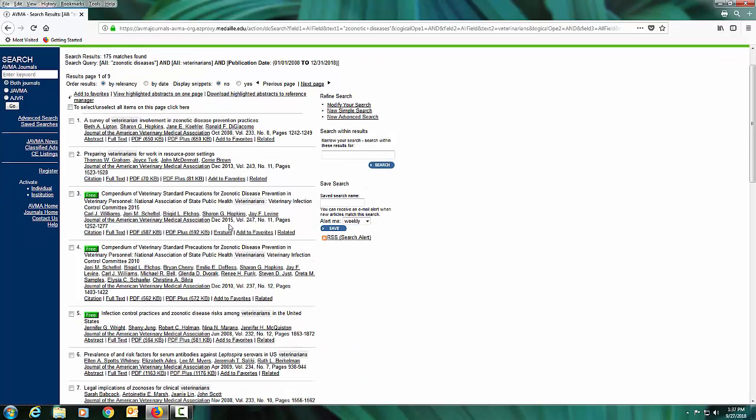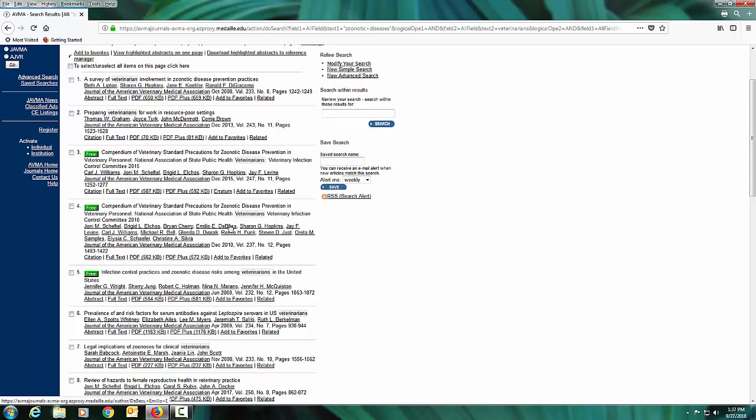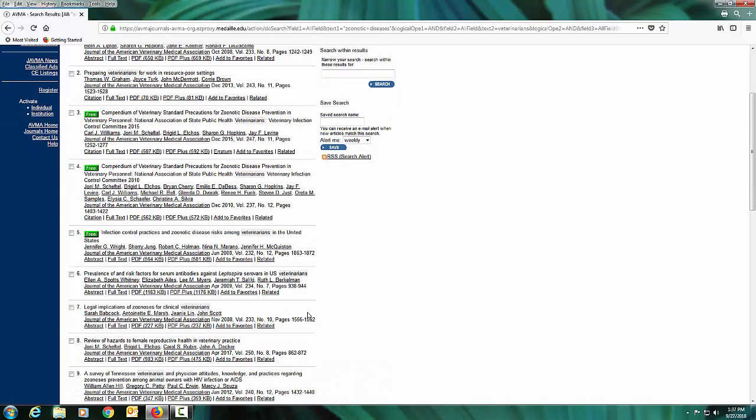So I can go through this and look at the title, see which ones I want to take a look at. And I'm going to look at number 5. I want to go ahead and just look at that abstract. And even though it's labeled free, that's okay if it's free. I don't need to just look at the free versions. We have a subscription to the database. So that means that I would have access to this even if it wasn't labeled a free resource. So I'm going to go ahead and look at the abstract,